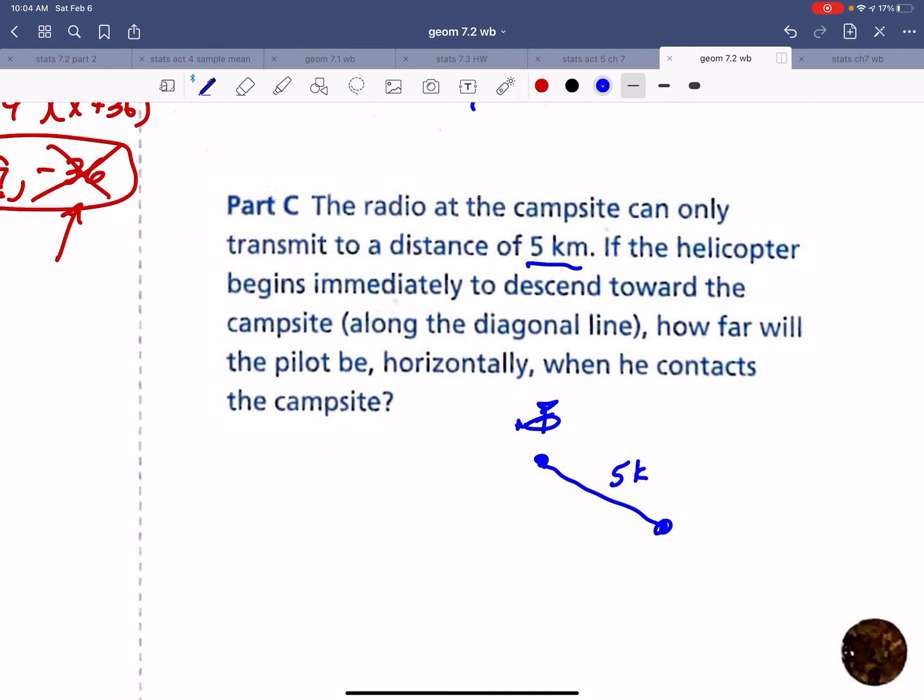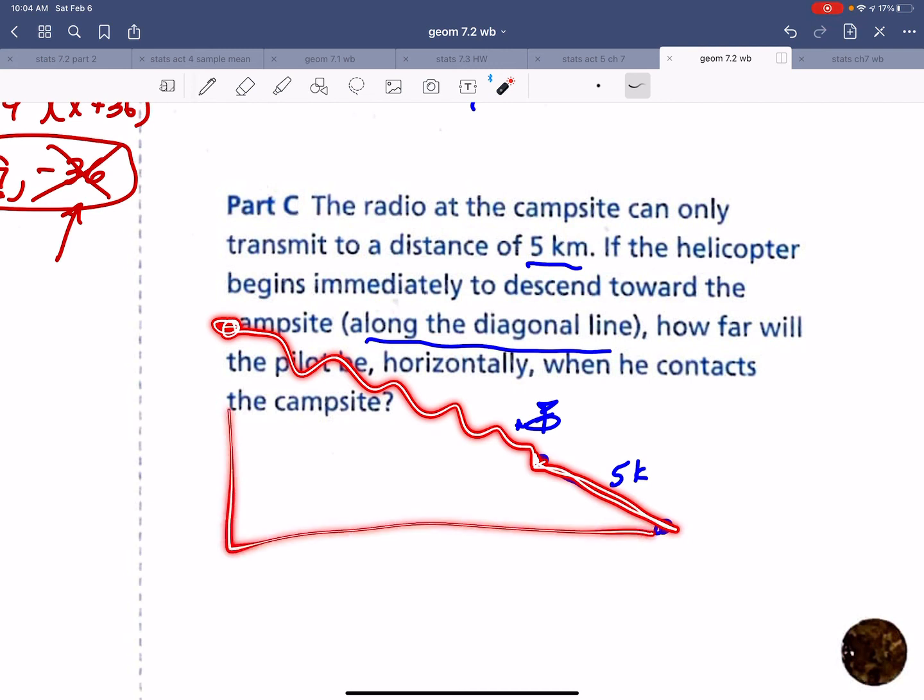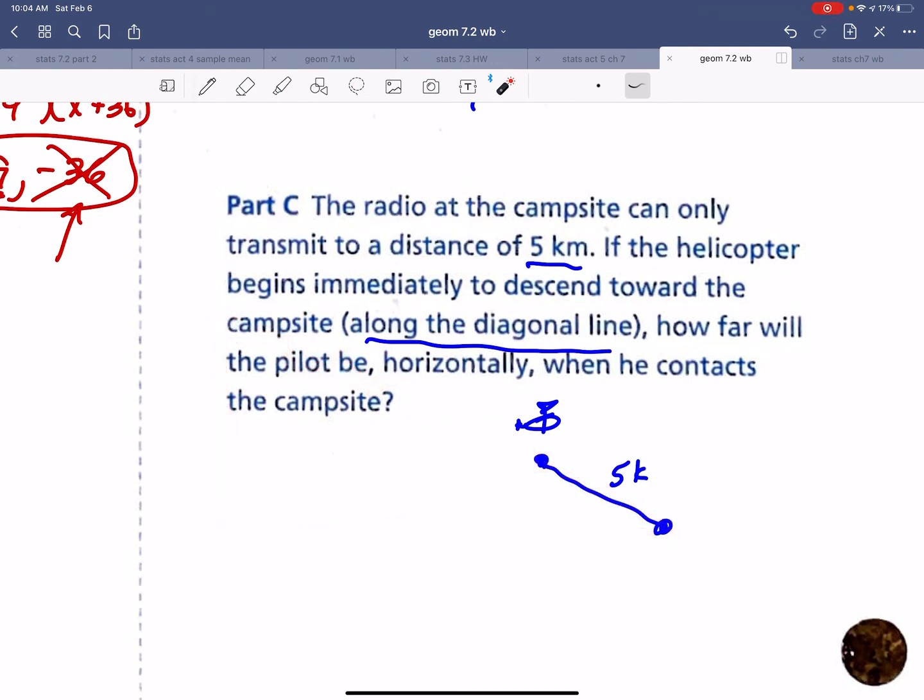If the helicopter begins immediately to descend toward the campsite along the diagonal line, so he was here and he got to this point, he'll be able to get our signal. Is that kind of making sense? How far will the pilot be horizontally when he contacts it? So they're asking for this,